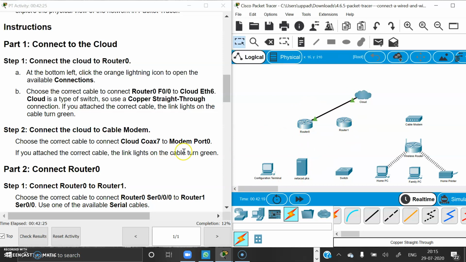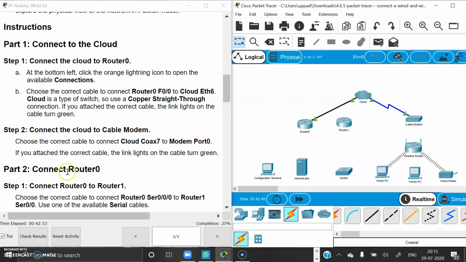Then now we have to connect the cloud to the cable modem. For that we have to choose the correct cable. I am choosing coaxial cable. So this is the correct cable to connect the cloud to the cable modem. Now I am connecting the cloud's coaxial 7 to port 0 of the cable modem.